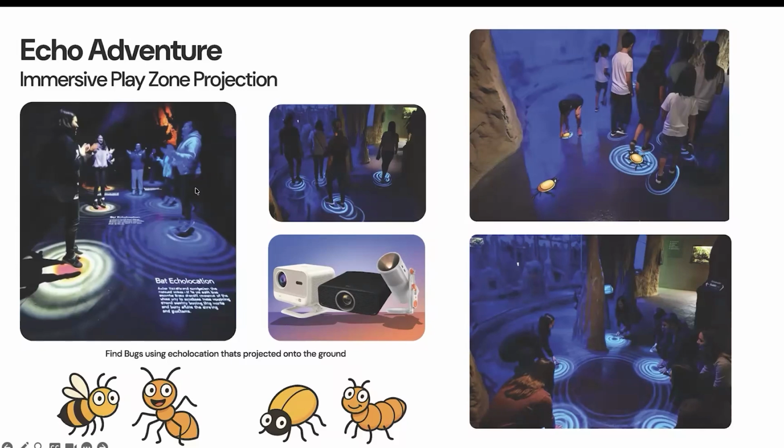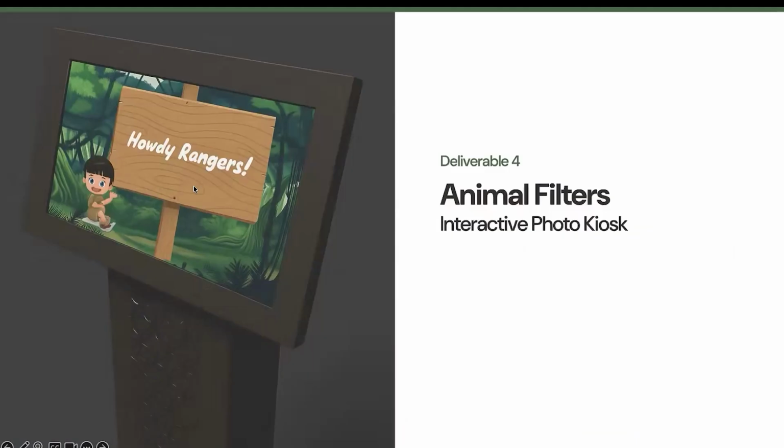Because a full-scale installation was beyond the scope of a student project, the team used AI-generated imagery and a short web-based demo video to communicate the interaction, which you can see here. The result is a proposal in which the visitor's own body becomes the interface, and scientific content is delivered entirely through play. The last proposal is a modular interactive photo kiosk that allows visitors to take photos with augmented reality